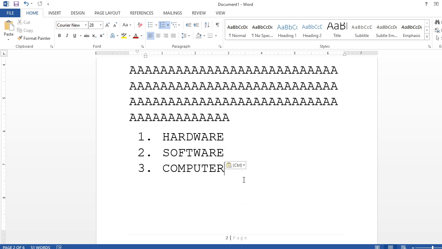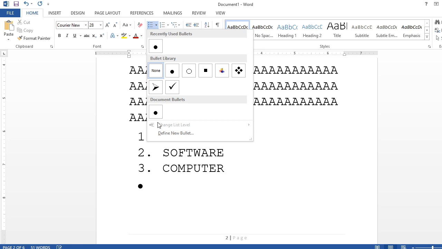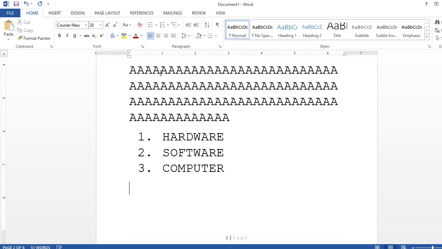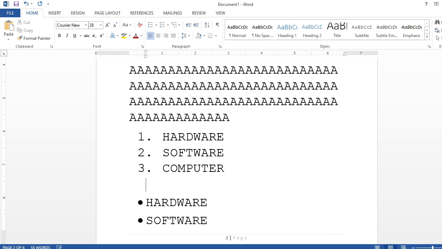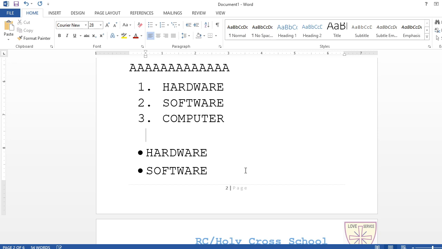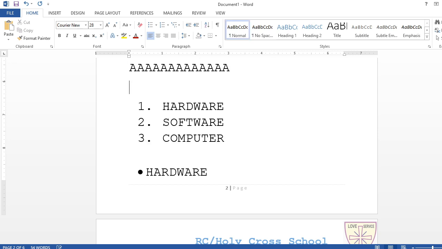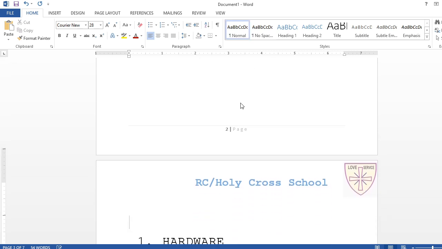This is of two types, either you can go for a numeric value or a sequence will be there, or you can go, I'm going to show it to you, you can go for a bulleting numbering. You see these bullets are there, so I'm going to click this one, I'm going to write here hardware, then software, then computer, is it? Just check it out, the difference here. Let me take a new page so that you'll be able to understand.